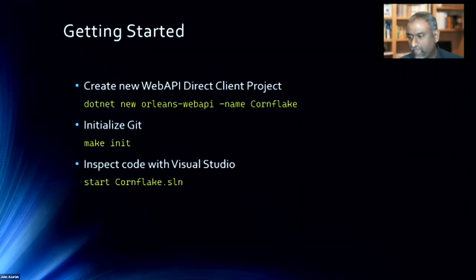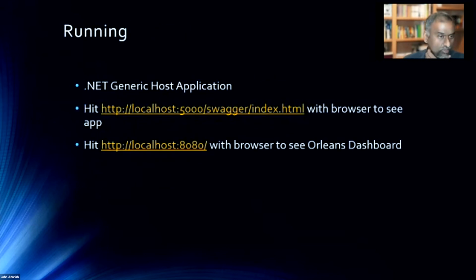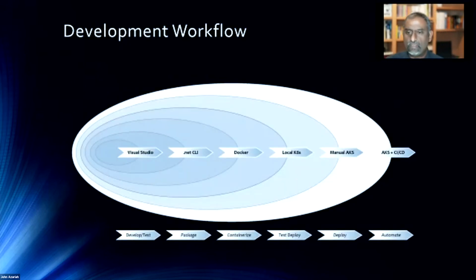So let's see, I've got another 3 minutes. I'm just going to walk through and show you what you need to do. So if you went down and got this, you would get the Orleans dashboard and the Swagger endpoint to give you the thing. And then, of course, you would look at what it would do. So our dev workflow starts looking a little bit more complicated as you go along. This is what I was trying to point out earlier, it is an iterative process. You do development and testing inside of Visual Studio, and then slowly you move further and further to the right,